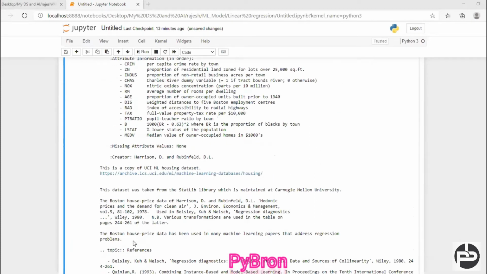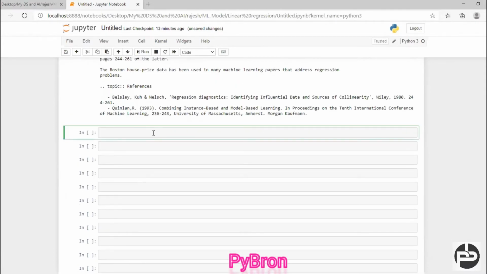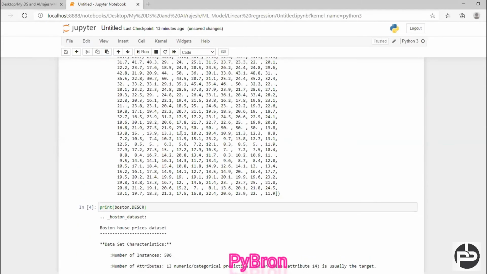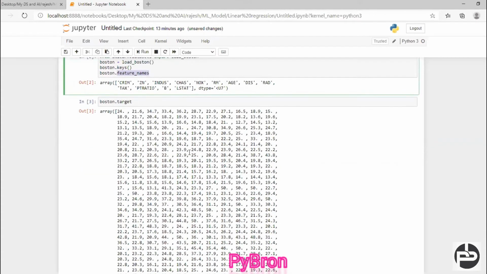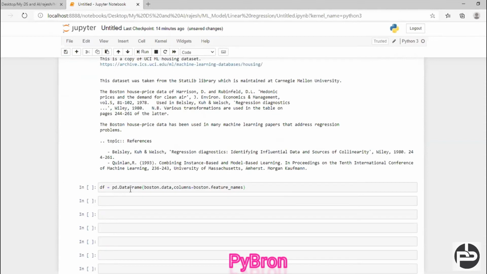I loaded the Boston data set. Now my responsibility is to create a data frame, because without a data frame, how do we analyze and solve our problem? In order to create a data frame, you can use pd.DataFrame with Boston.data and column names, because if you go up, you can see Boston.feature_names gives the complete column names. So I created a data frame with pd.DataFrame, where data is Boston.data and columns are the feature names associated with it.